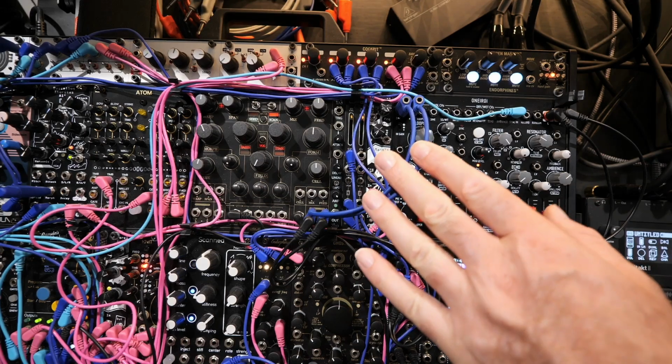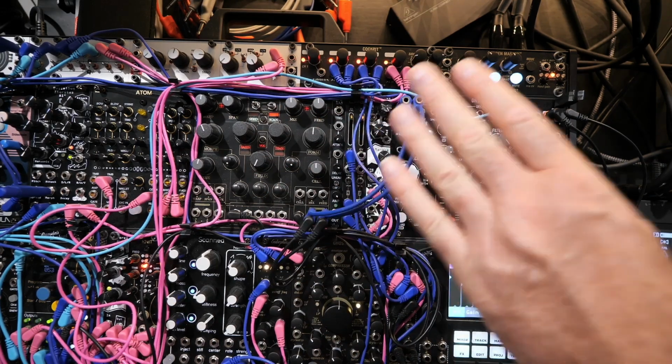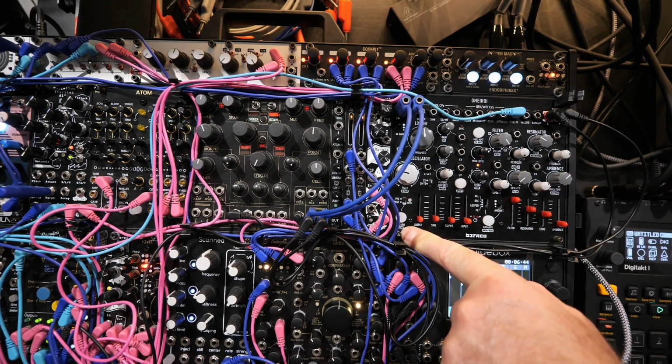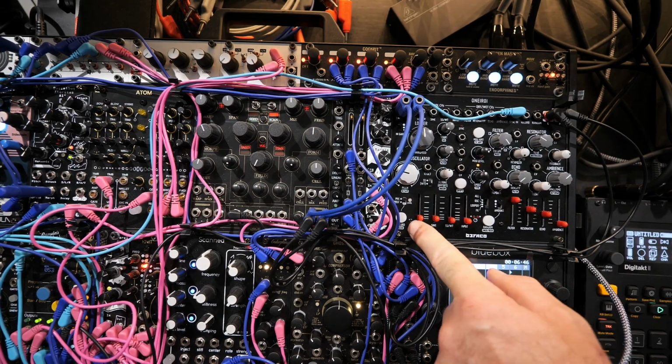And so that has been what I've been attempting to do with the Oneiroi in terms of using the looper and being able to